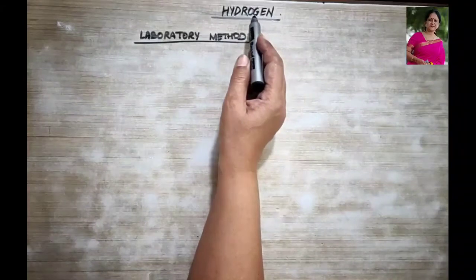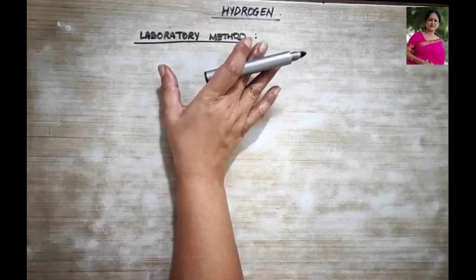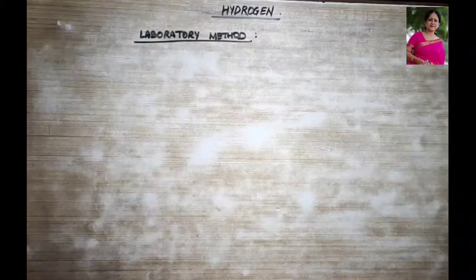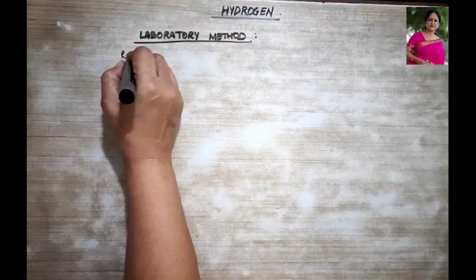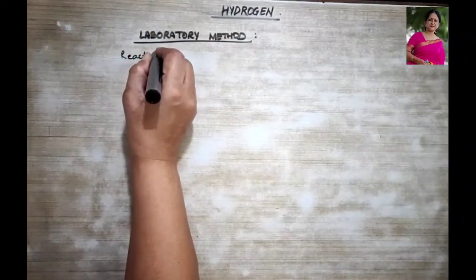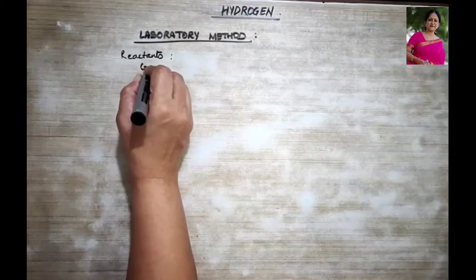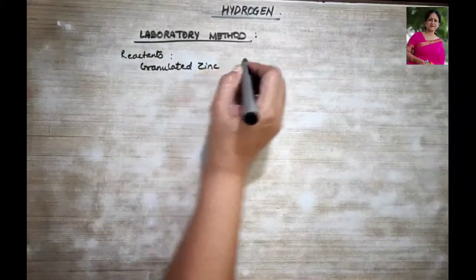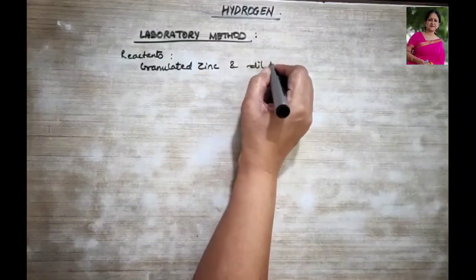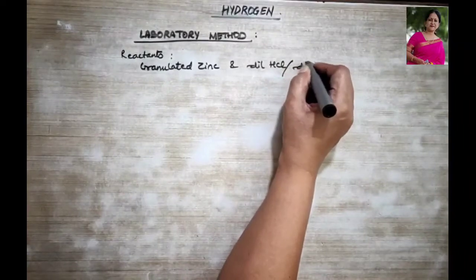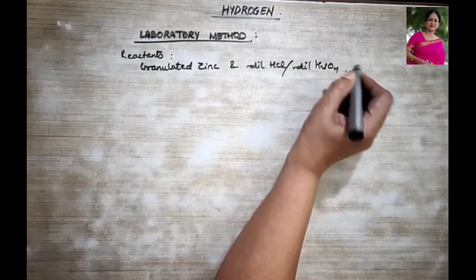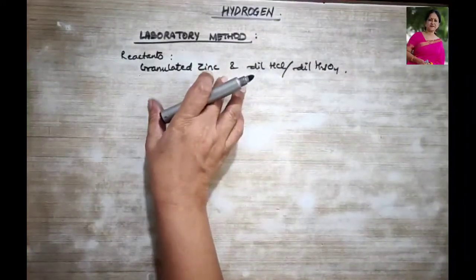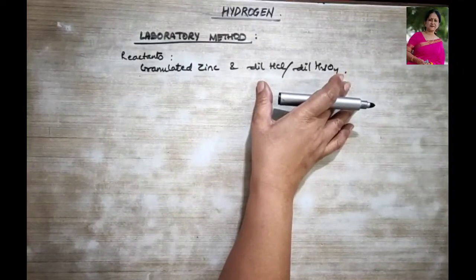So in the chapter of hydrogen, today we are going to study the laboratory preparation of hydrogen. So what are the reactants used for the laboratory preparation of hydrogen? The reactants used are the granulated zinc and dilute HCl or dilute H2SO4 acids, right? Now, why do we use granulated zinc and why do we use dilute HCl and dilute H2SO4,